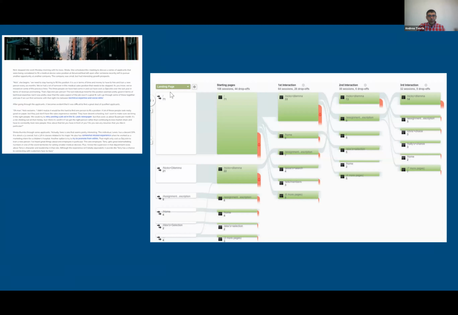If you can see here, they were on that main landing page, and then on the starting page. Their first interaction was basically refreshing that main page. And very quickly, they didn't really operate from those different things. What we wanted them to do was look at some of the scaffolds along the way, like Alex's selection. There are three more pages that are even less used. A lot of this was around the assignment description, with one or two maybe around the actual scaffolds.